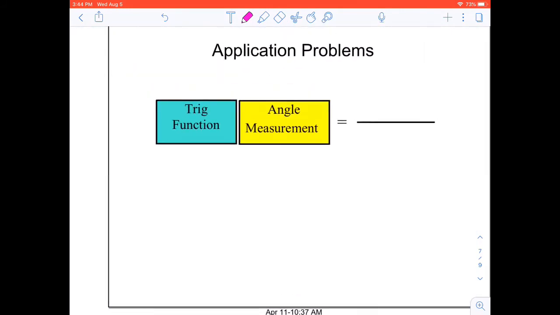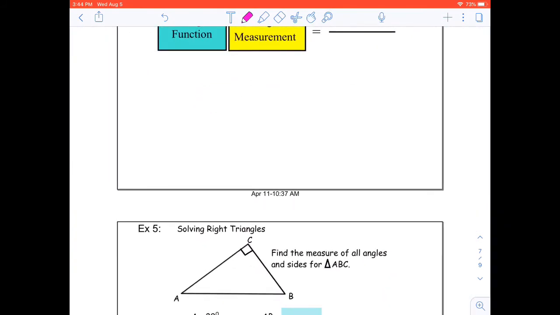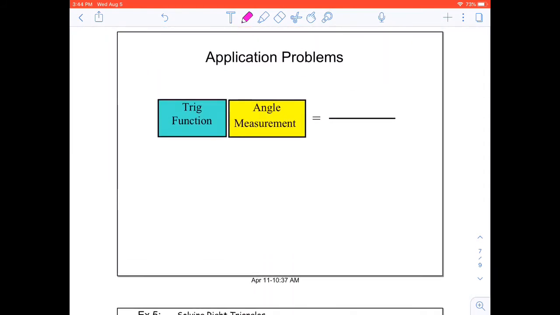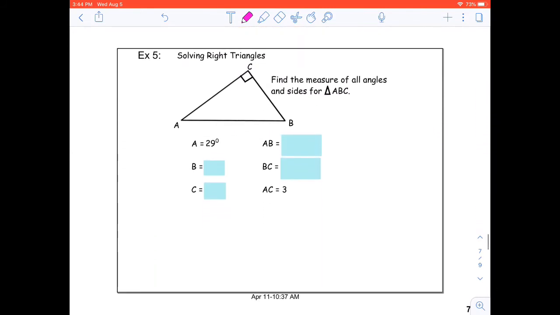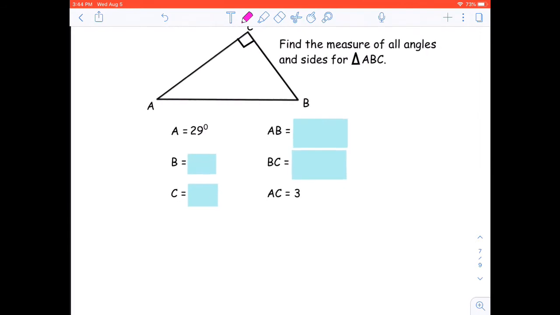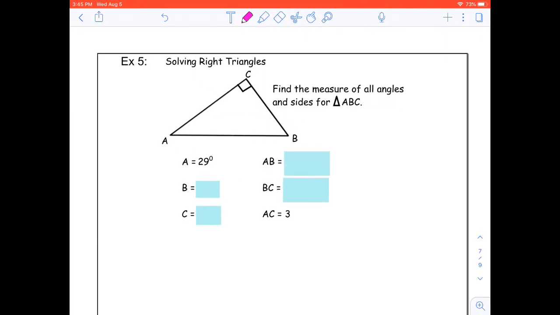All right, let's finish this by talking about some application problems. This is a template, so keep this in mind. This is how we are going to make little equations when we have to find out one of the sides when perhaps we only know one side, not the other. So if you're going to solve a right triangle, solving a right triangle means you have to find all angles